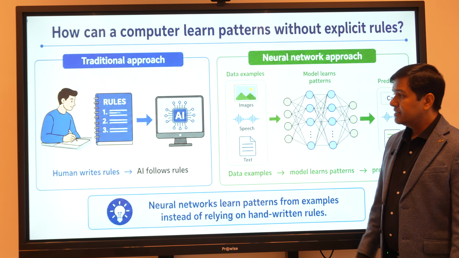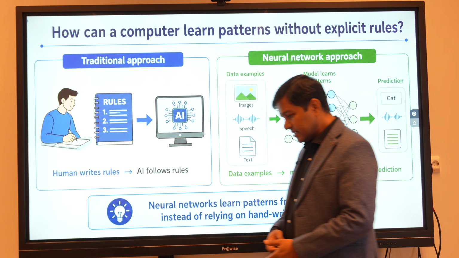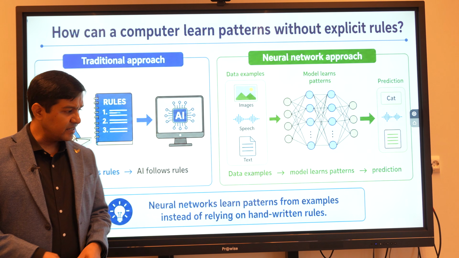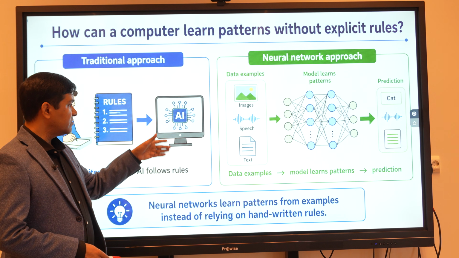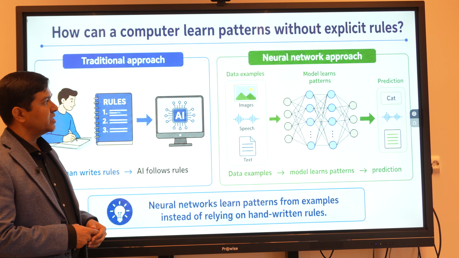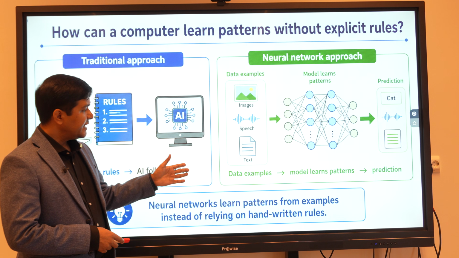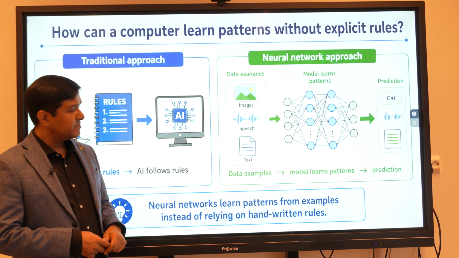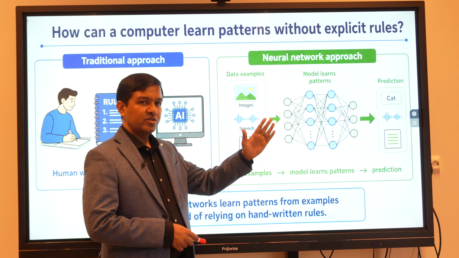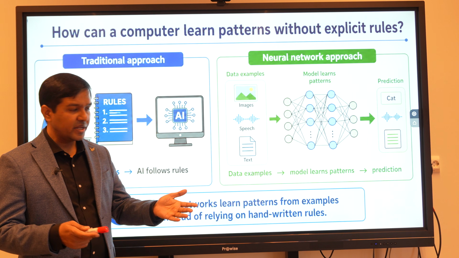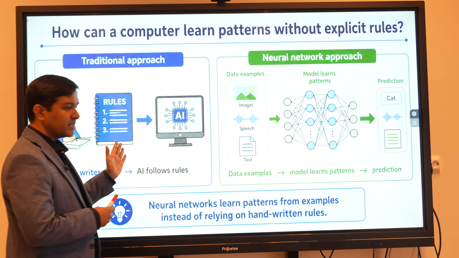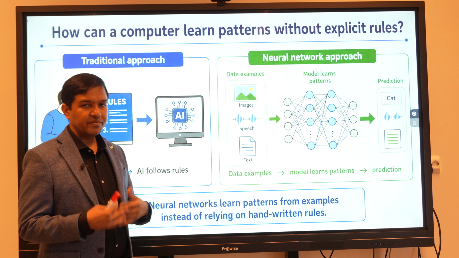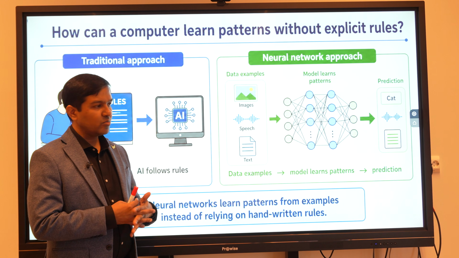In the previous lecture you saw that traditionally we were doing handcrafted rules and building AI systems which follow the rules. Now in deep learning, we are simply passing all the data. If it is a multimodal AI, image, speech, text, all can be passed. But previously, it was very difficult to pass more than one modality of data.